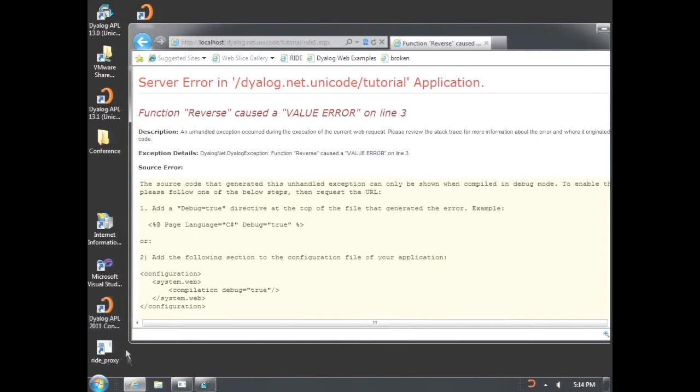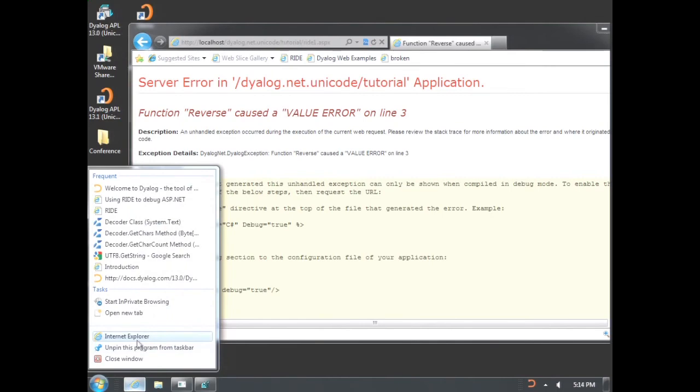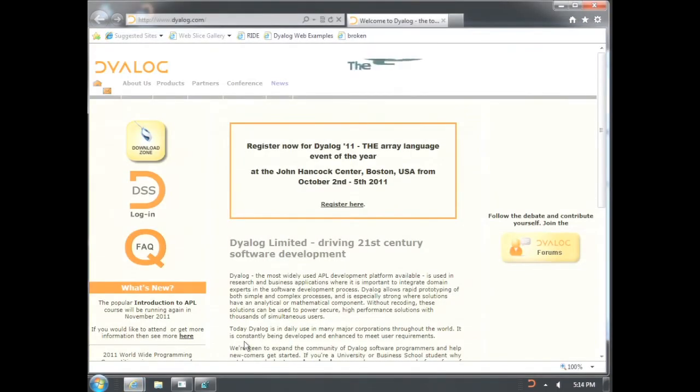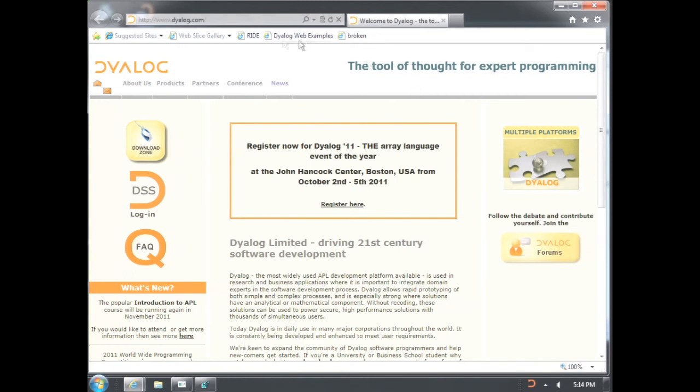However, if I start up RIDE, now the nice thing about using Silverlight as a development tool for building RIDE is that it means that we have an application that can be made available through your browser. So in fact, on this machine, the way I'm configured at the moment is that my RIDE can be accessed by going to Internet Explorer and going to the appropriate link. The installation that you have for the conference edition installs a copy of RIDE locally on your machine, and in the conference edition tutorial on Wednesday, I can talk you through how that works. So if I go to my RIDE link,